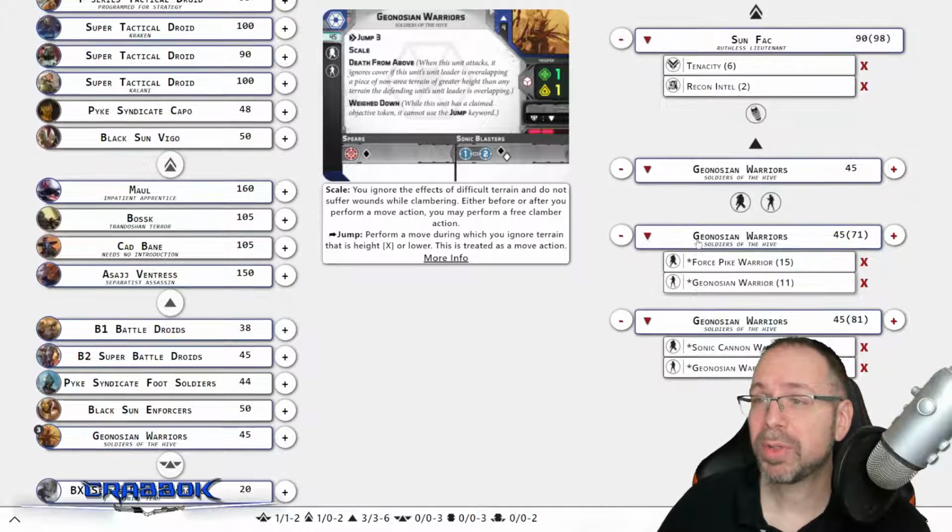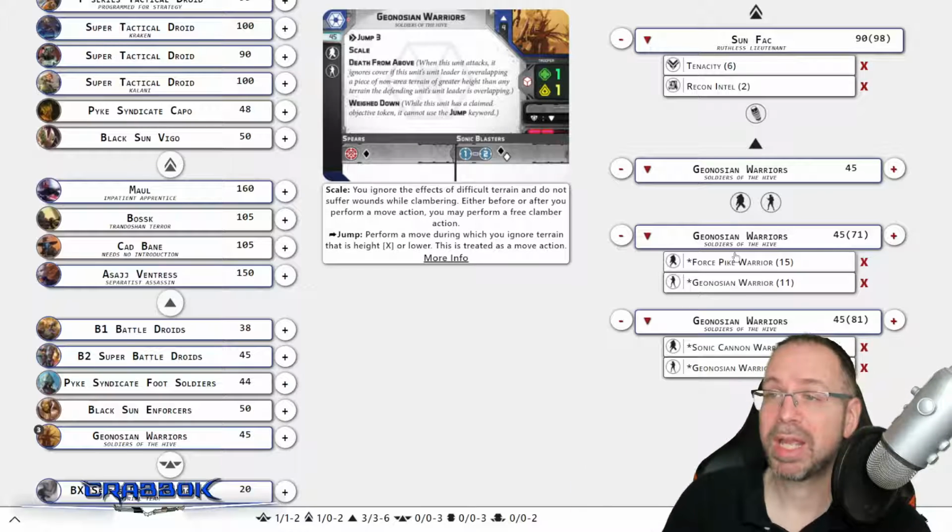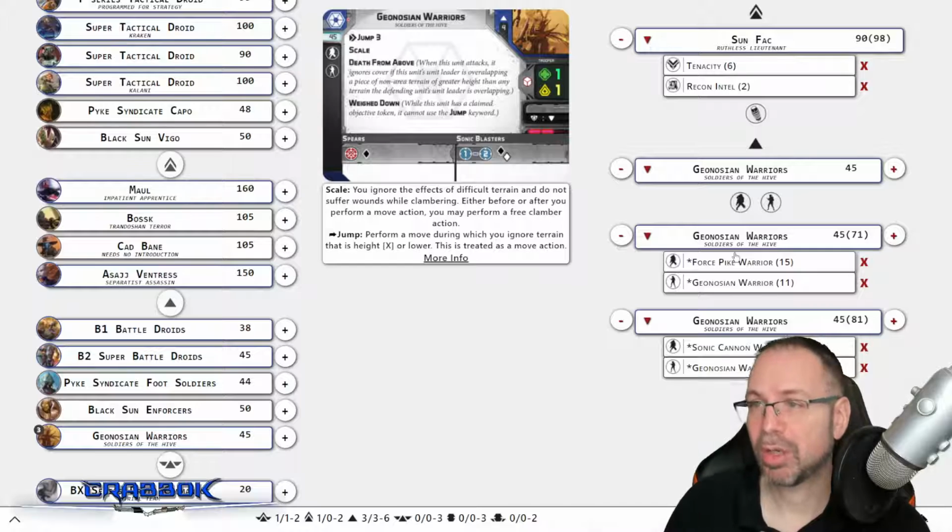The reason why I'm doing that is I want to focus this unit on being the objective hunter. They're going to run in and try to seize the objective as fast as possible. They're going to get some extra movements. Sun Fac is going to try to help them get into position a little bit quicker. And they're going to be like the sacrificial lamb, so to speak, or the sacrificial